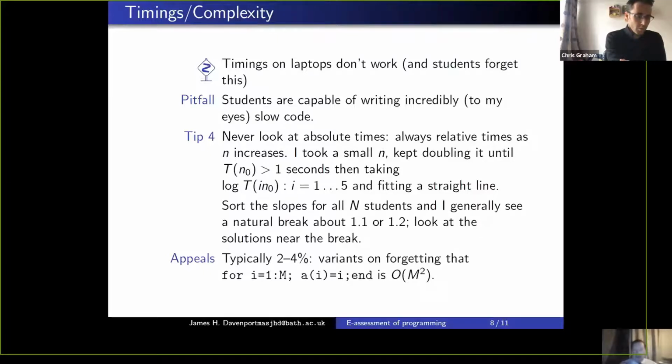The last few years I actually gave them the scaffolding code that did that, finding n0 and computing the slope of a curve. I gave them that code. They don't do it, but still, that's life. You give it to them, and probably some of them do it.